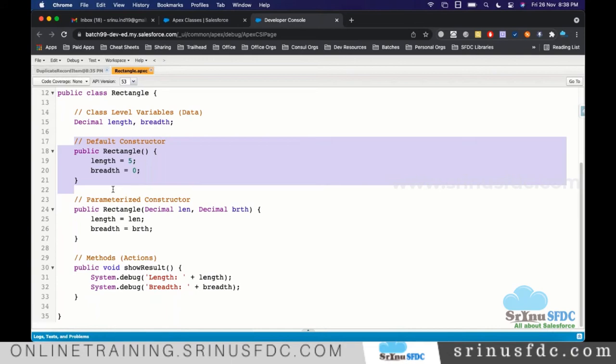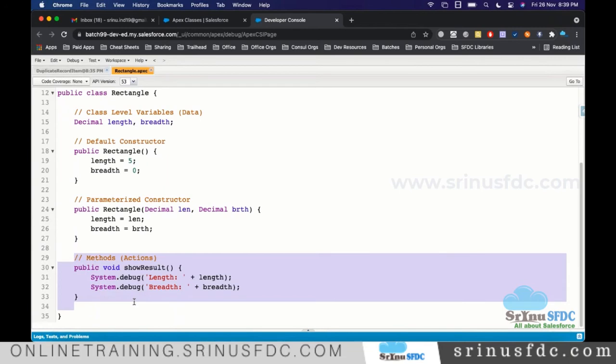So that's one of the differences. If someone asks what is the difference between a constructor and a method, the logic which will execute only one time at the time of creating the object, we keep inside the constructor. If you want to call the logic again and again, multiple times, even after creating the object, we use a method, right? A method is more reusable. A constructor is only one time at the time of creating the object. That point we should know.